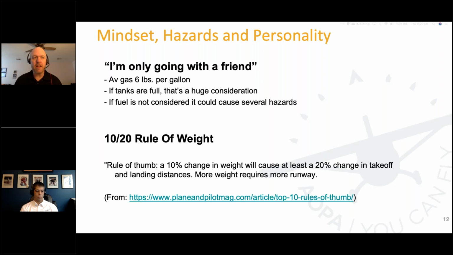It said that they did an analysis of some Cessnas and Pipers, the typical ones like a Piper Warrior, a 172, and they found that it was more like a 25% increase in takeoff and landing distances when you add weight. So weight makes a big deal. And in fact, one tip that I'll give you is this: